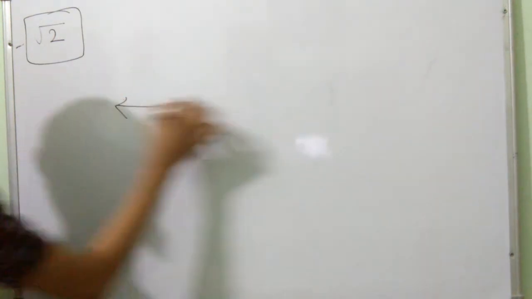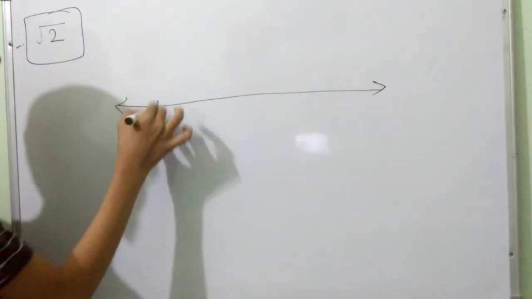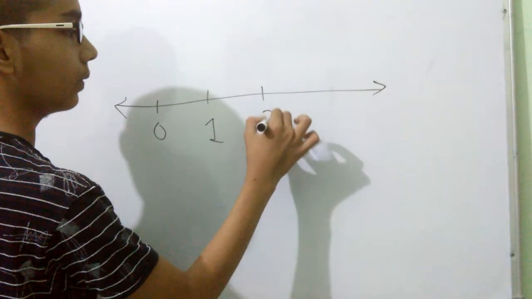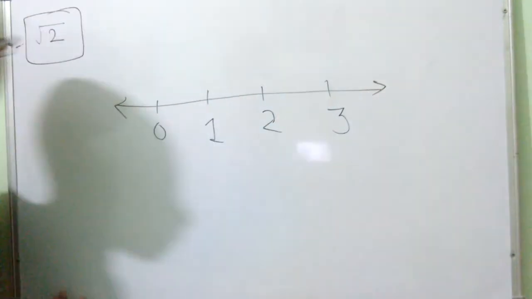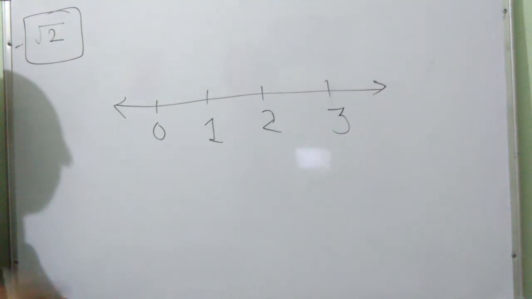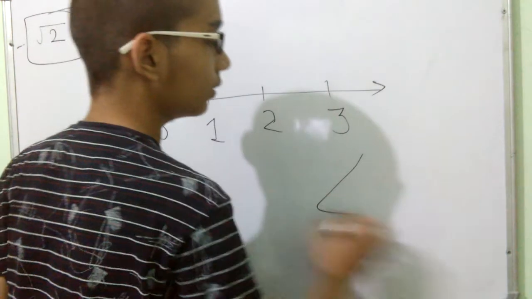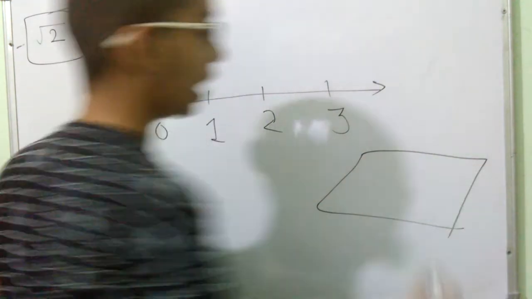Firstly, make a number line. Okay, 0, 1, 2, 3. Okay, we have made this number line. Now what you have to do is that the most important thing I am writing here,